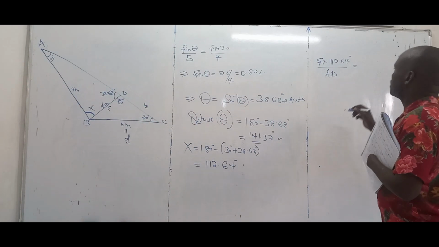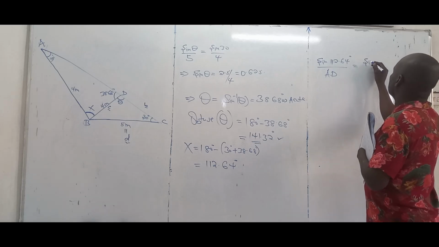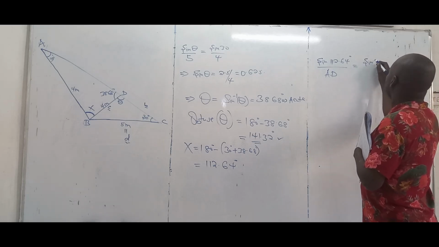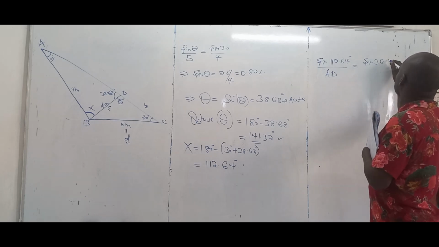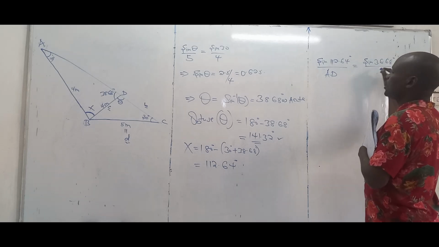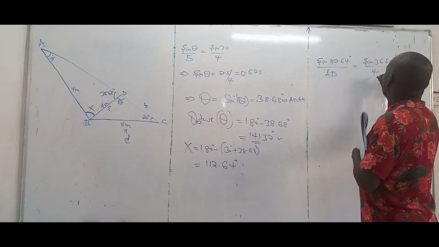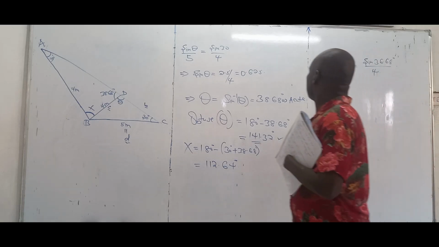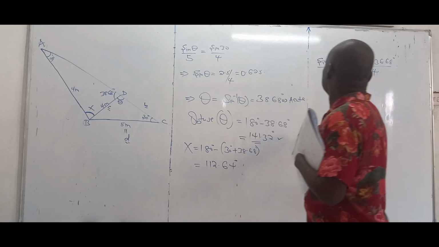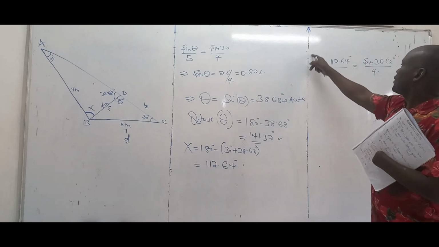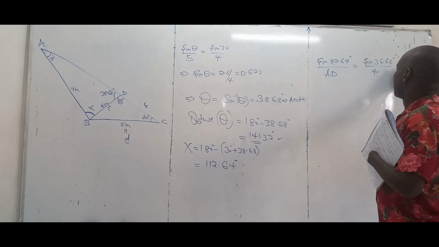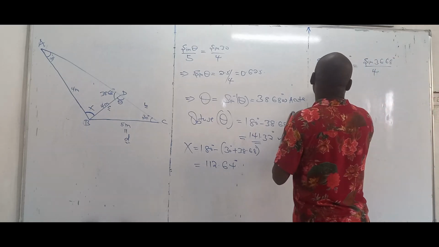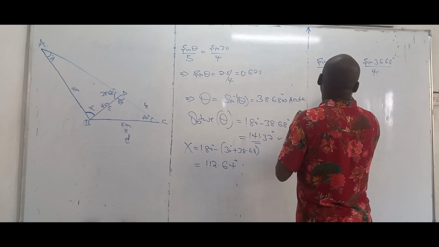Should be equal to sin of 36.68 degrees divided by 4. That's what we have. So you get the sin of this, put it here, get the sin of that, put it there. Then basically your AD will then be,